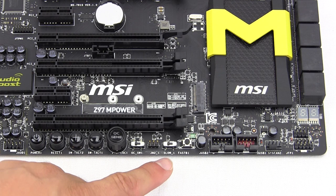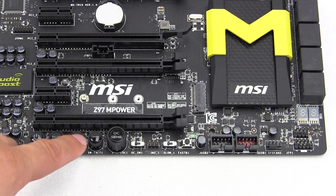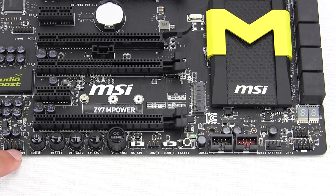We have the slow button, and that's an LN2 mode for extreme overclocking. We have an OC button, and that will enable your OC mode. We have our OC Genie button, and that's going to instantly overclock your system. So if you press that button, it's going to go ahead and instantly tune your system and overclock it based on the processor that you do have installed. We have our base clock adjustments, so you can go ahead and instantly change those with a plus and minus right here. And we have our reset button and our power button,